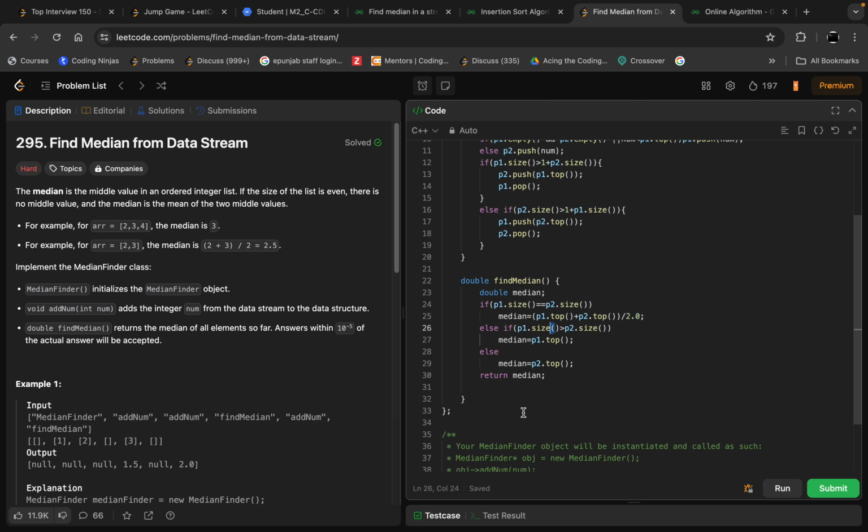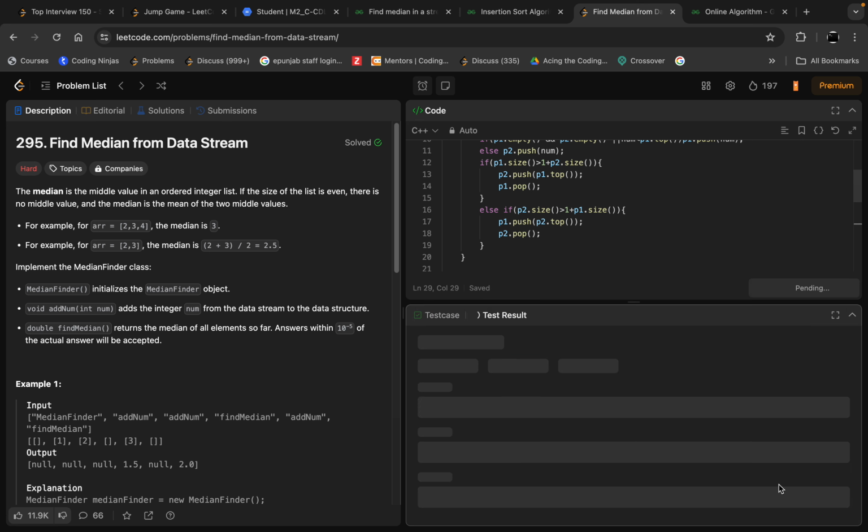And this is the code for finding the median. If both of my sizes are equal, I will simply average the tops. If my min heap is greater, I will simply set the median value to the min heap's top, and else I'll set it to the max heap's top. So I think this is simple code, but to think up to this direction there were a lot of challenges. Okay, so let's just run this code,